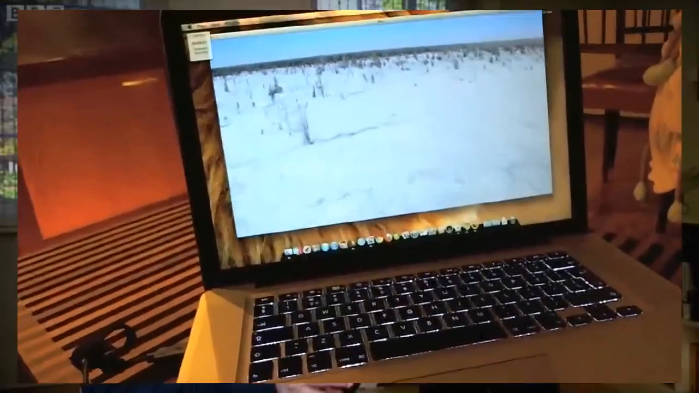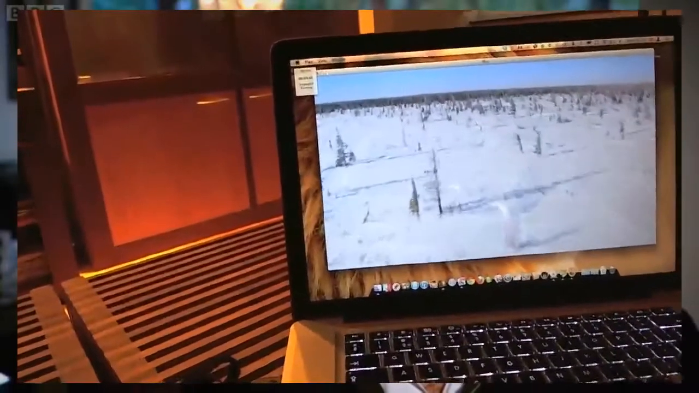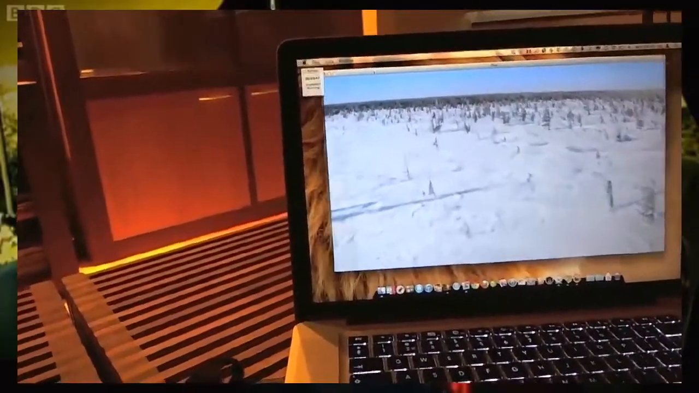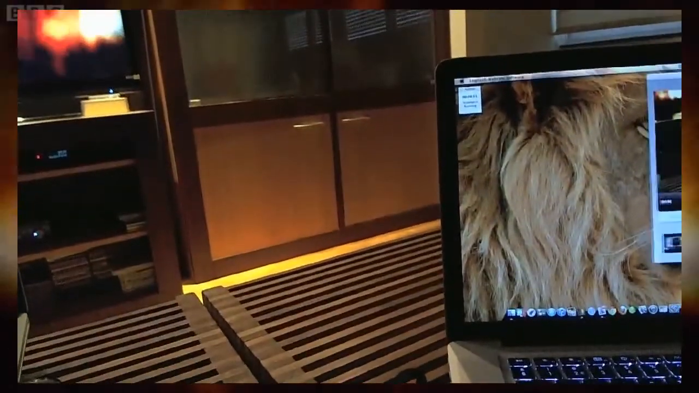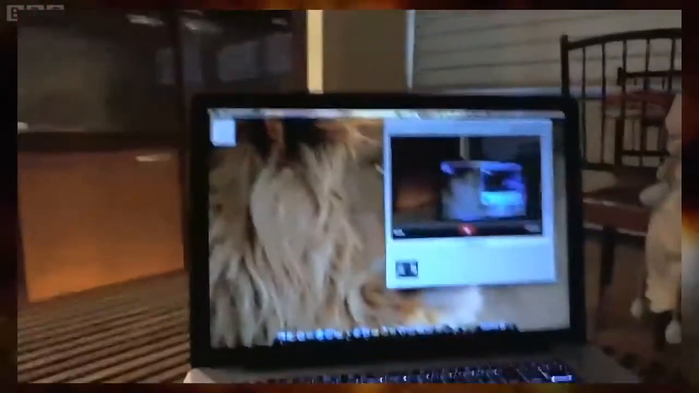And there it is. So here we go, we have BBC iPlayer and two movies being streamed. So what we're going to do right now is,